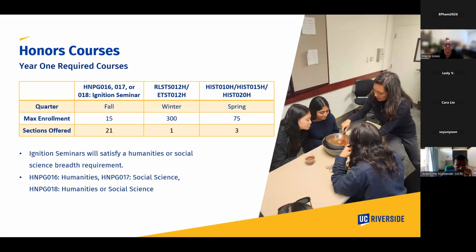Can one of you put the academic calendar link for UCR in the chat so students have that? It looks like Jovan did already. Fantastic. So all those dates are outlined there. But approximately in the middle of fall, you'll get all that information for winter, and then in the middle of winter, you'll get all that information for spring.